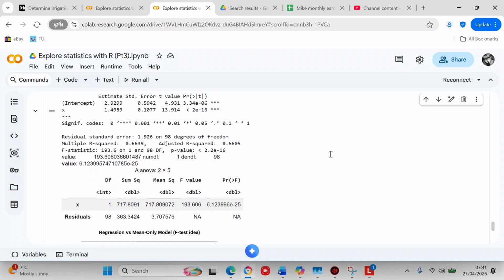So the value of the F statistic for the three groups is, I think, 6.12 to the negative 25. So that's really low. Now we've got the ANOVA, where you've got your X and your residuals. You've got your degrees of freedom, your sum of squares, your mean squares, your F value,